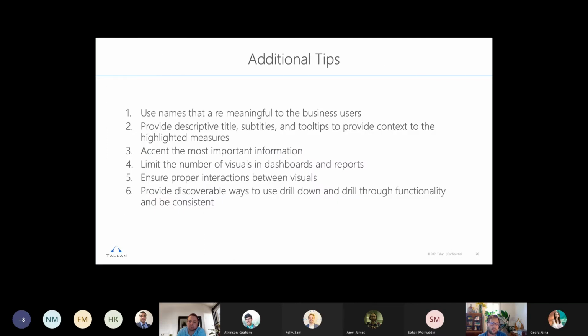A few additional tips I just wanted to run through. Use names that are meaningful to the business user. I think that's one of the key ones from a user experience perspective: we're not trying to just take the data model from the database and use the column names. We really want to understand who the user is that's going to be using it and try to use their